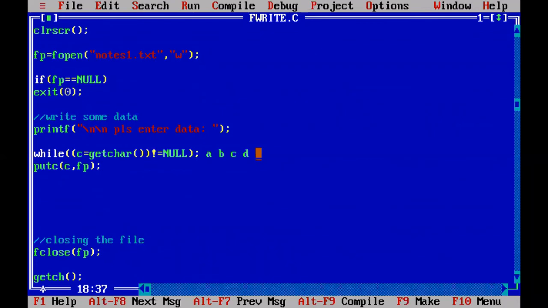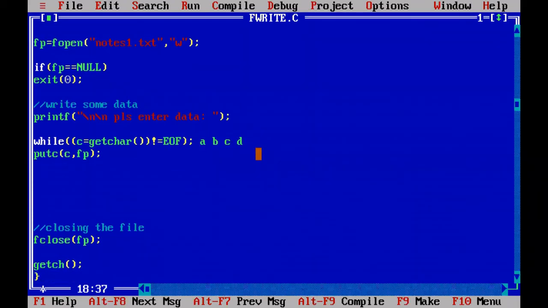So I want to enter null. Instead of null, you can also write the end of file character, EOF. How to represent the end of file character? With Control Z. If you press Control Z, you are going to represent the end of file character like -1 or something.